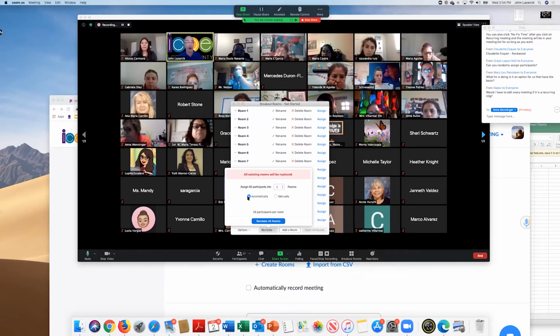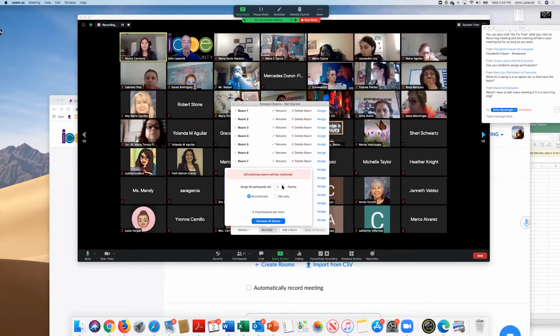I can do it automatically, which is random. Then I'm going to put 56 participants into 2 rooms, which I wouldn't do. I'm going to increase the number of rooms, which as you saw, I can go up to 50, until I get about 2 to 3 participants per room. So I'm going to assign 56 participants into 23 rooms.